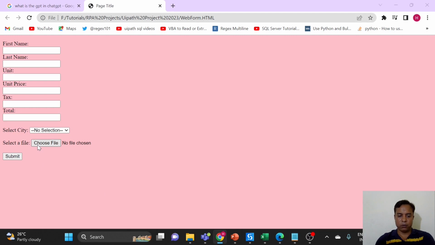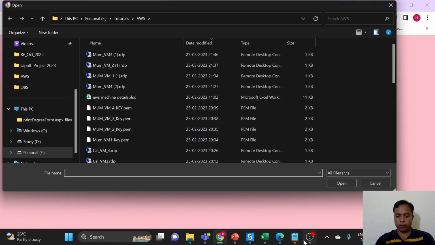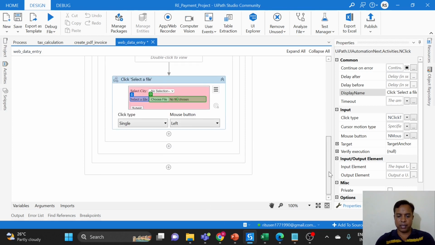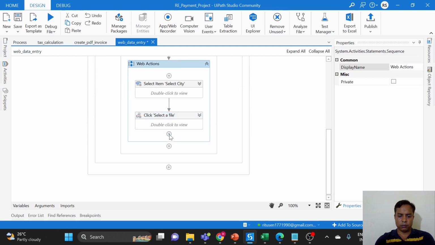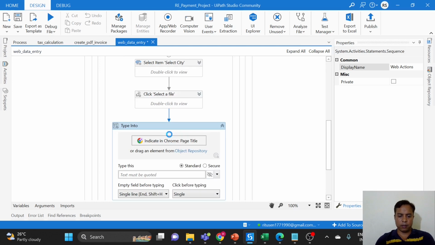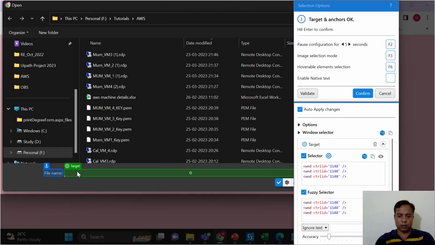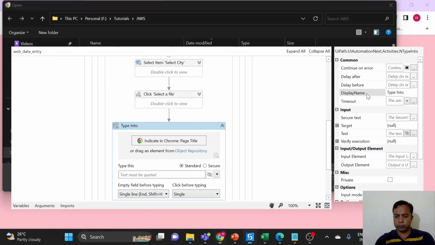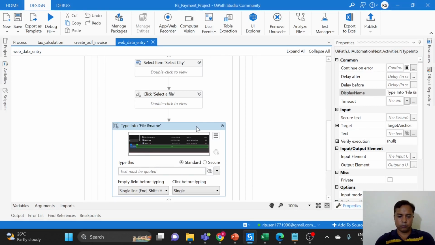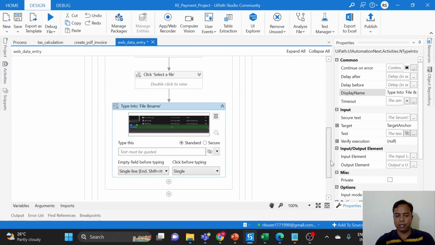Once I click on this choose file, I have to type the file path. So again I have to type into